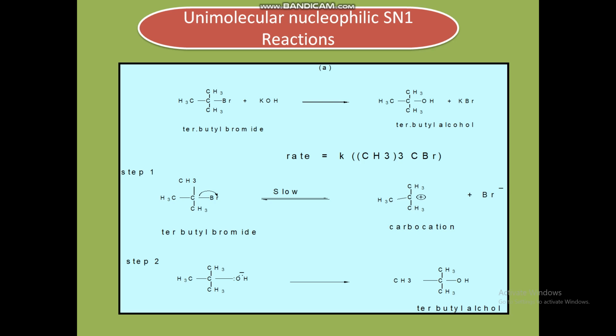Such nucleophilic reactions take place in two stages, step 1 and step 2. The rate determining step involves only one molecule, so it is unimolecular nucleophilic substitution, or SN1. The rate determining step involves the slow rupture of the carbon-bromine bond. The energy is supplied by the formation of many ion-dipole bonds between the two kinds of ions and the solvent. So in such a reaction, a carbocation is formed slowly, but as soon as it is formed, it is consumed immediately by the hydroxyl ions to form the final product.